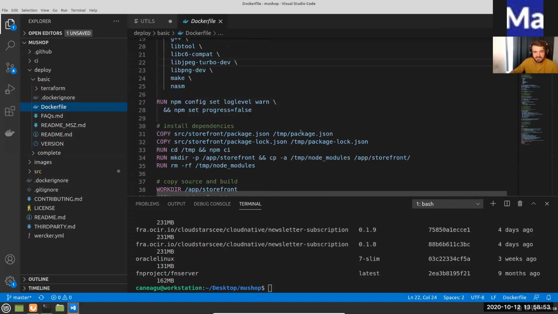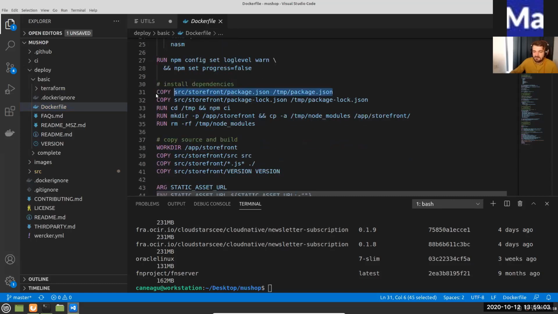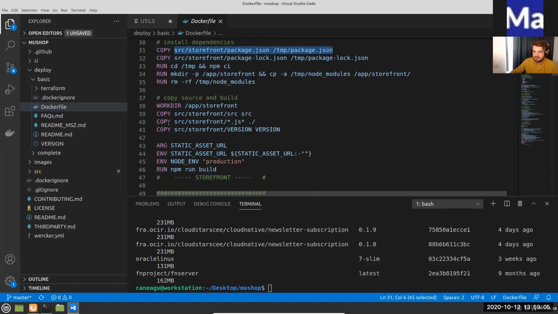I'm copying the source code from our folder, which is src/storefront package, right? I'm copying it inside the container, and I'm running some commands inside it. It's quite easy to understand. The syntax for a Docker file is quite easy, and it's very well explained in the Docker documentation.